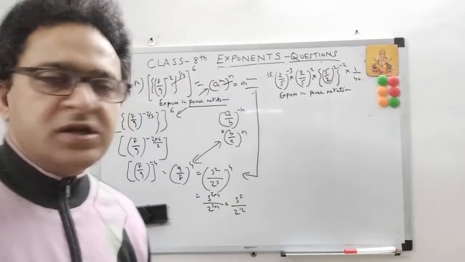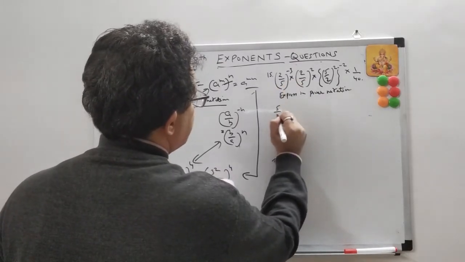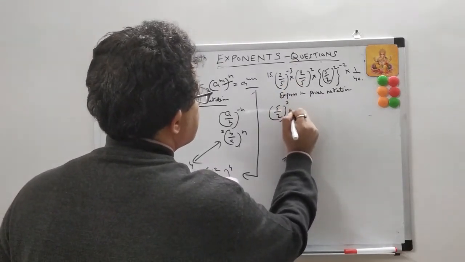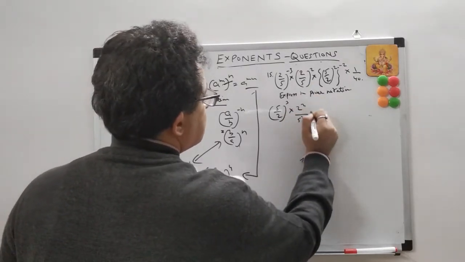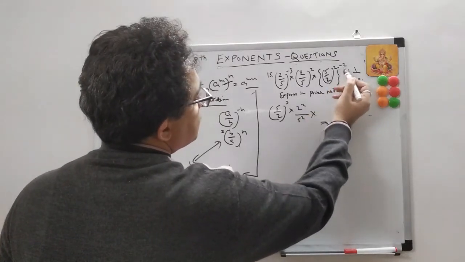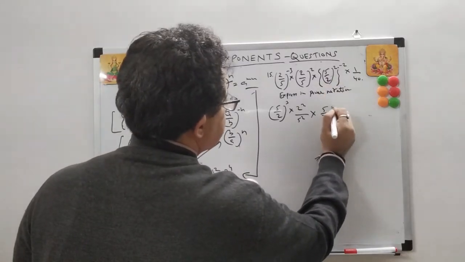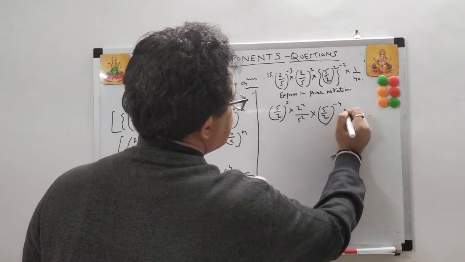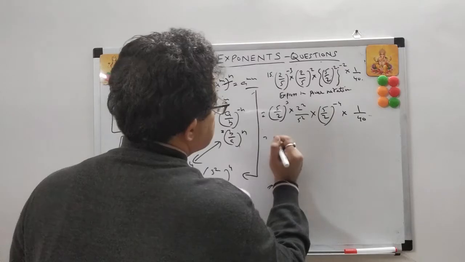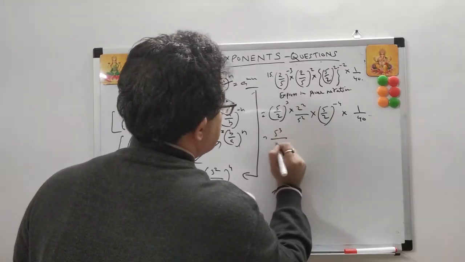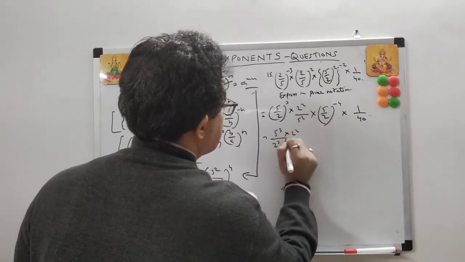Now let's solve the last question. 2.5 to the power of minus 3, this can be expressed as 5 upon 2 to the power of 3 into, this can be the same, 2 square upon 5 square. You can do one thing, minus 4 you can write as 2 into 2, but the minus sign is there, minus 4. So 5 upon 2 to the power of minus 4, into 1 upon 40. So now what happens? This becomes 5 cube upon 2 cube into 2 square into 5 square.